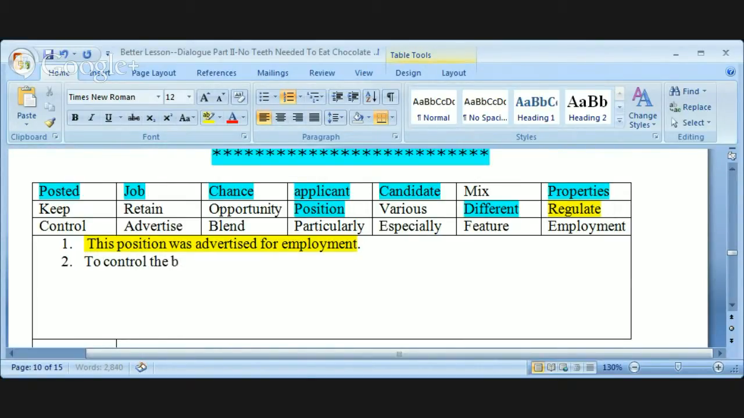And I don't know how to continue. I'm giving you some answers. This position was advertised for employment to control the blend. It's especially important to retain